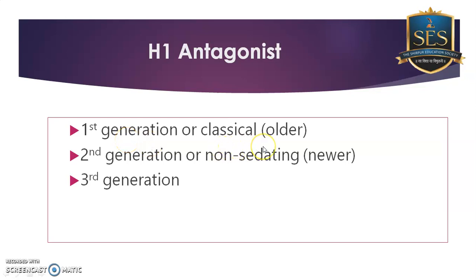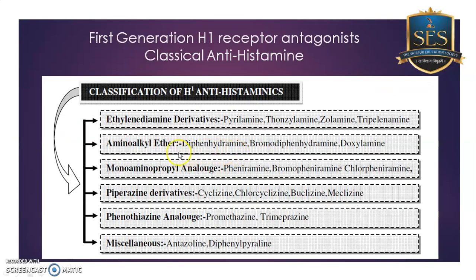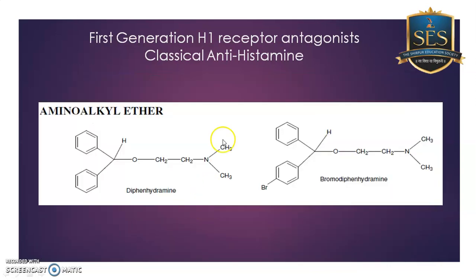They are the older drugs and still they are mostly used in cough syrup preparations, like diphenhydramine, brompheniramine, chlorpheniramine, etc. One of the major drawbacks of such drugs is sedation. So we are seeing their classification, especially of first generation drugs. There are several, five to six categories, but it is quite easy to remember. I'll tell you how to remember this first generation drug.